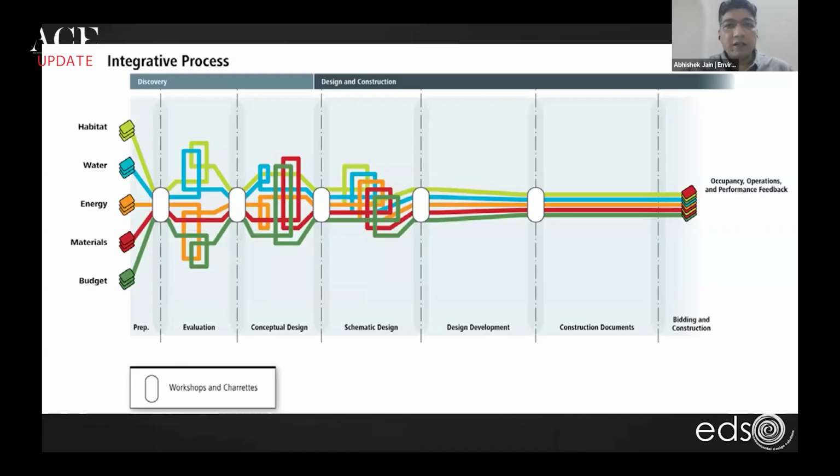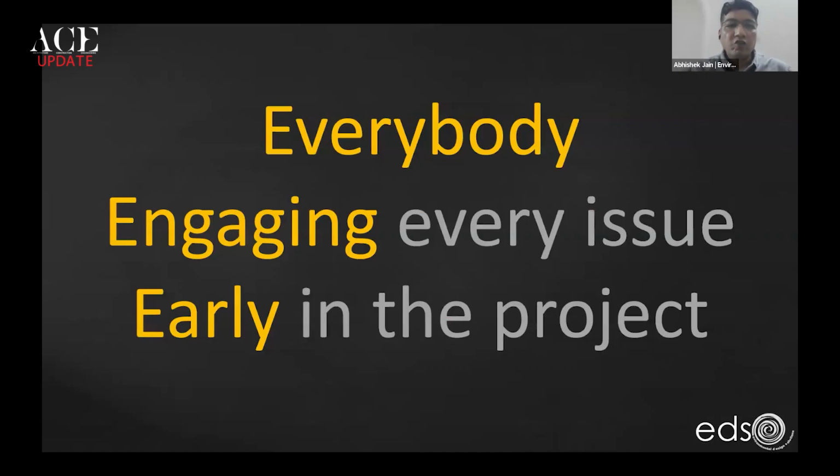And these coordinations are facilitated by frequent workshops and charrettes organized between the design team, which ultimately results in an optimized and sustainable design. So what this process ensures is it forces everybody to engage with every issue early in the